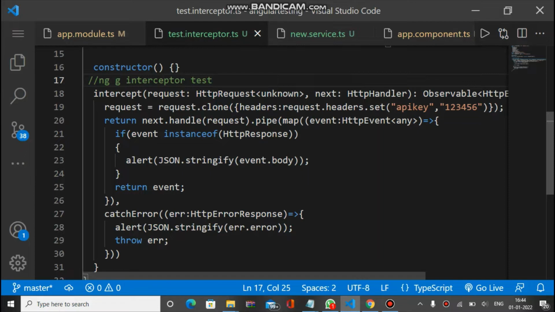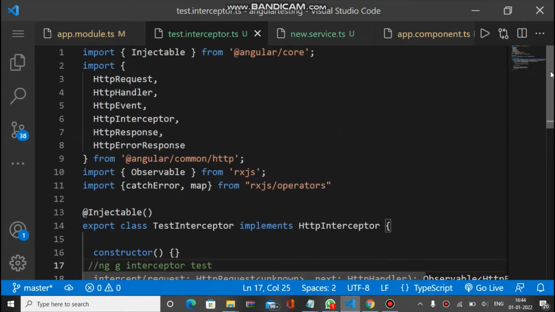This is useful when we have multiple HTTP requests, multiple methods to call the HTTP URL. Then this common code of the interceptor will manipulate every response, every error, every header for every HTTP request. So you have one single method inside the HTTP interceptor to manipulate all the HTTP requests. So